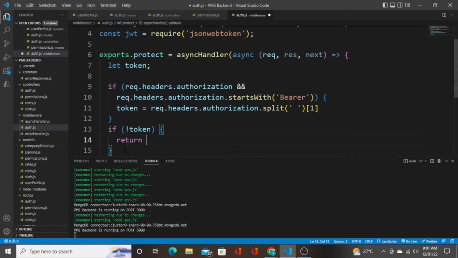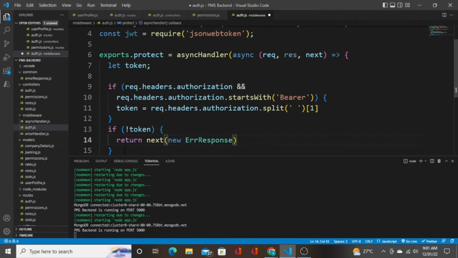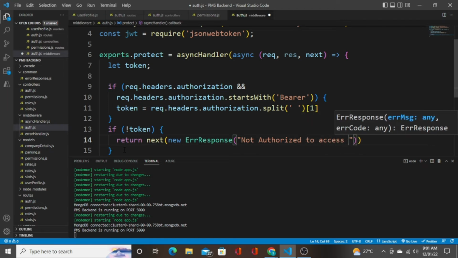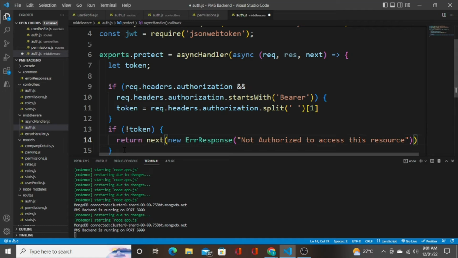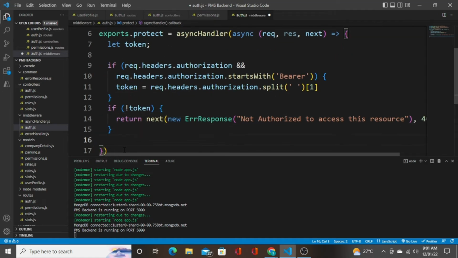So I'm going to return back that error message, which is return next of new error response of not authorized to access this resource, and the status is going to be 400. Okay, and if the token